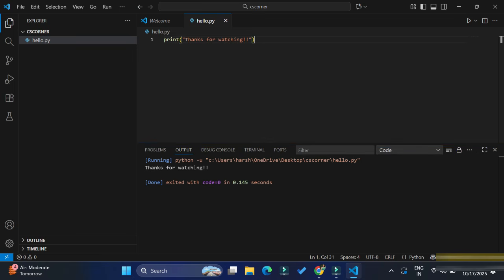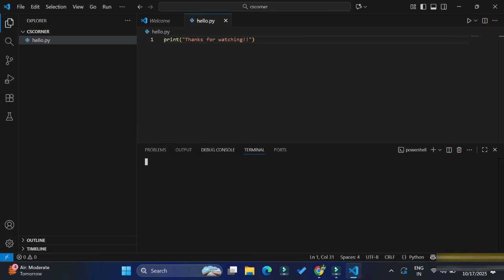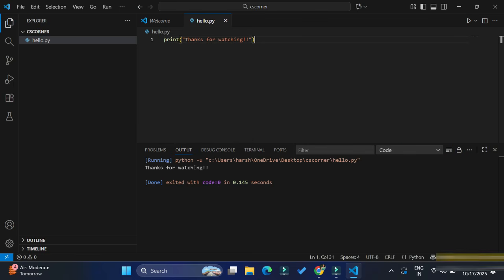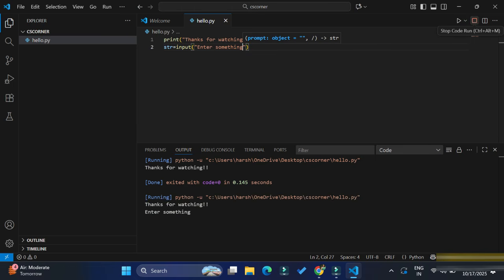But guys, there is one thing you need to do in your settings. I'm just writing one simple statement for accepting input from user. So here I'm just taking one input and I'm storing that in a variable. So now I'm saving this code and I'm running, and you can see I'm getting my output on output tab, not on terminal tab. So you need to enable one setting, then you can enter a user input on this terminal. So let's do that.